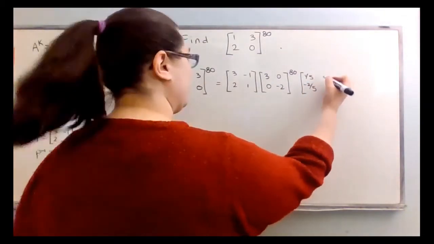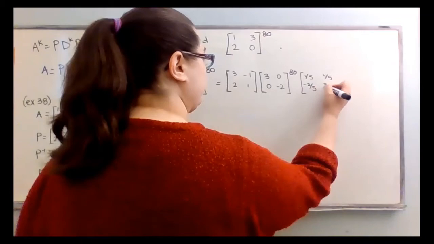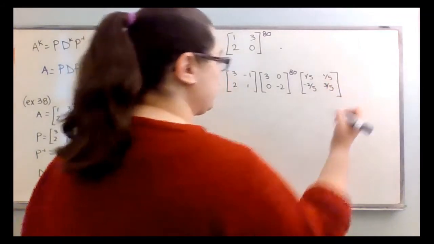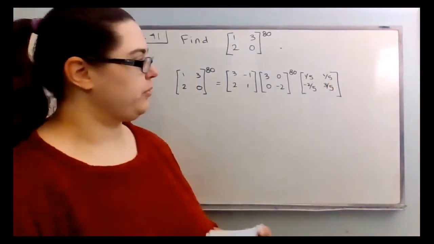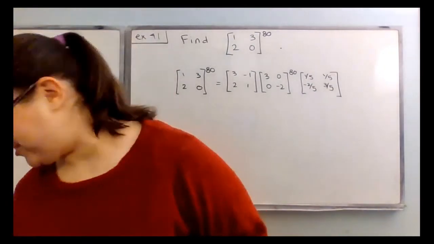And then we have 1/5, 3/5. I feel like this is a Dr. Seuss book. 1/5, 2/5, 3/5, blue 5th. Okay, so